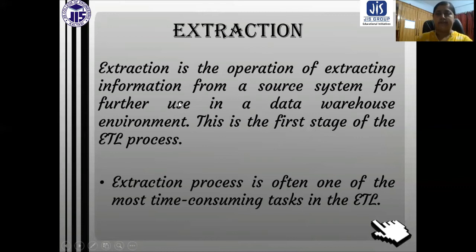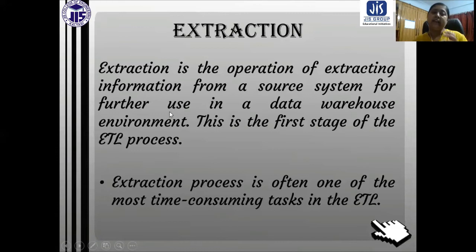So extraction, what is it? Extraction is the operation of extracting information from a source system for further use in a data warehouse environment.